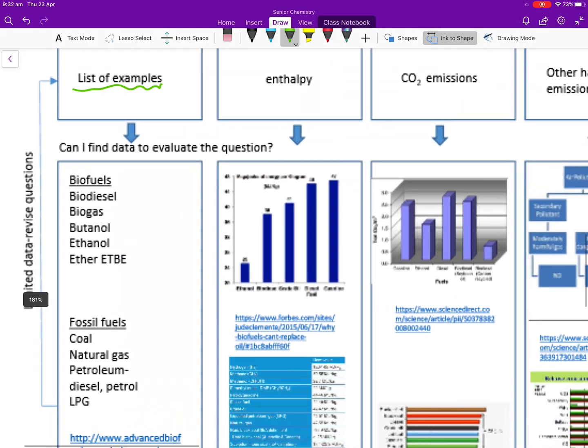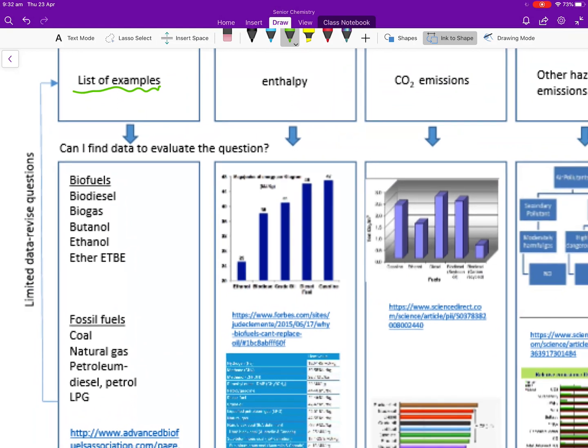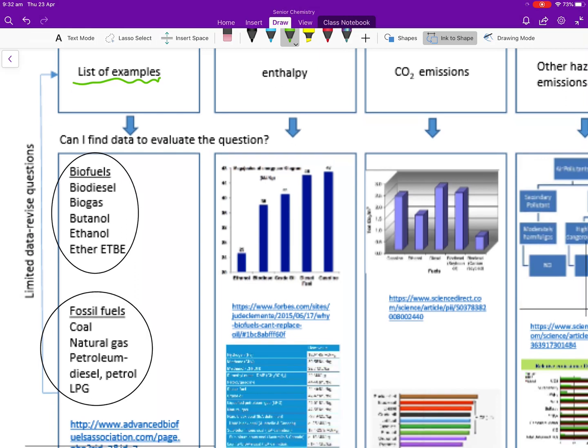So I did a little bit of research and I found a list of some examples. So here's some example biofuels and here's some example fossil fuels. Now, I don't want to go and compare every single biofuel and every single fossil fuel because that would be too general, okay? We're looking for a specific question, not a general question. The claim is general, the question is very specific. So as I went through and found a list of biofuels and a list of fossil fuels, I went,